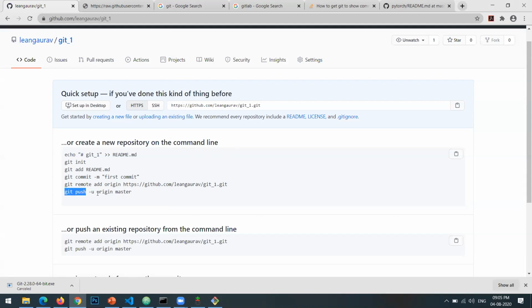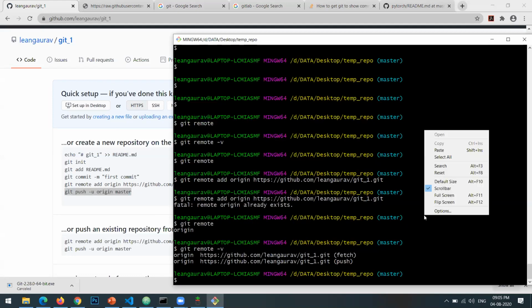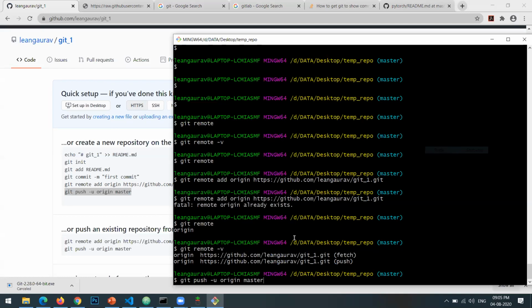And once I run the command git push -u, push means whatever changes are here on my local repository will be pushed to this remote by default. So when I say git push -u origin master, -u is a flag, meaning update using the local origin branch and create a branch called master on the remote. Remote means this thing. So once I hit enter,